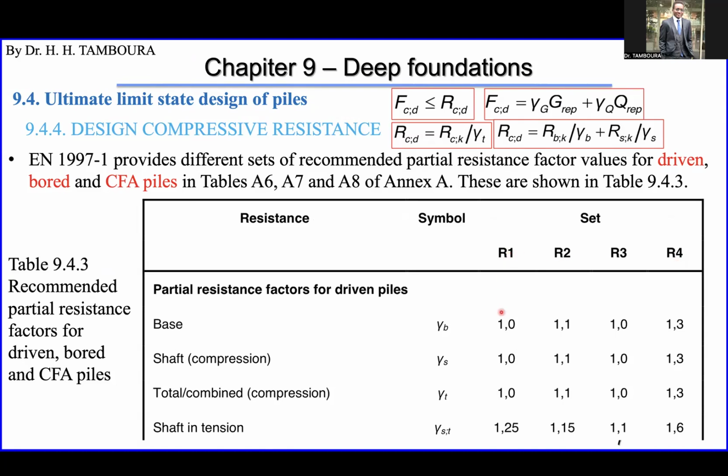So R1, R2, R3, R4 are used for different design approaches. We will see soon in the following slide which one you have to use in which design approach. But when we say R1, please remember that the meaning of this is very important. If I say R1, it means this column. So in that case, if you are dealing with driven pile, for the base,